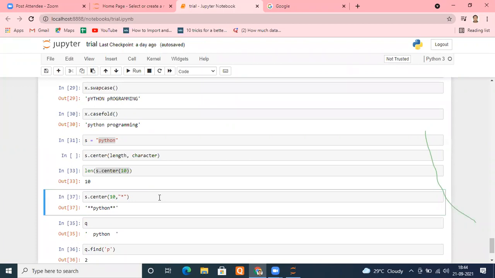I hope you get an idea now very well. Yes, sir. So whatever character you want to put, you can use it there. Suppose I use star. If I want to place a slash, I can do that. 2 slashes will come before Python and 2 slashes will come after Python. Suppose I want to put an alphabet like Z. It's up to you what you want to put.